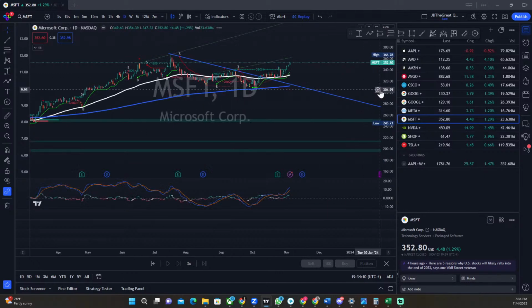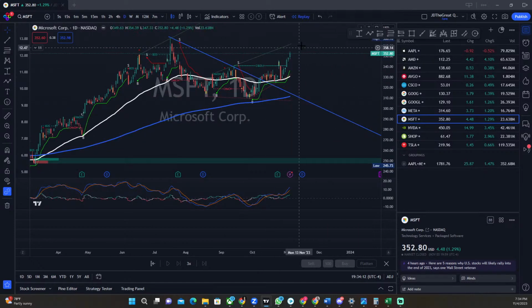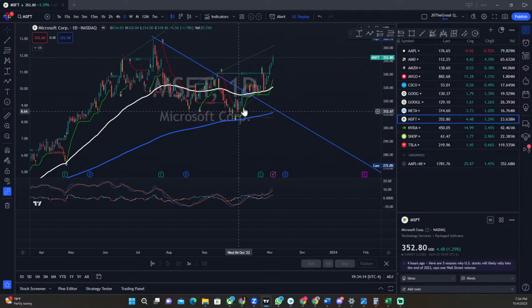Let's look at the daily. The daily is telling us that we got a nice little momentum to this upside. The cheat code algo is putting all the trend lines in place so that we can see this and be as objective to the market as possible. There's nothing that says get into a downtrend right now.